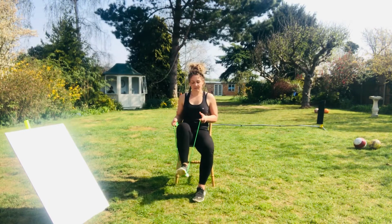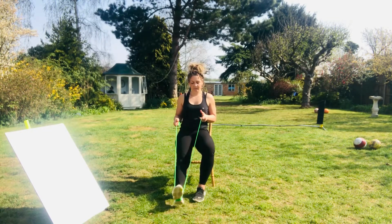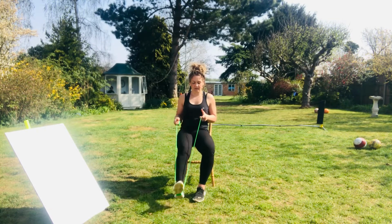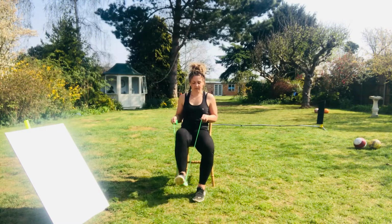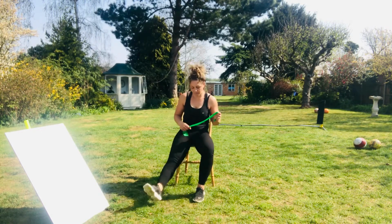Lost count again, so we'll just go 6 more. 5, 4, push that heel towards the ground, 3, 2, and 1. Good. Okay, swapping legs, shake the hip,